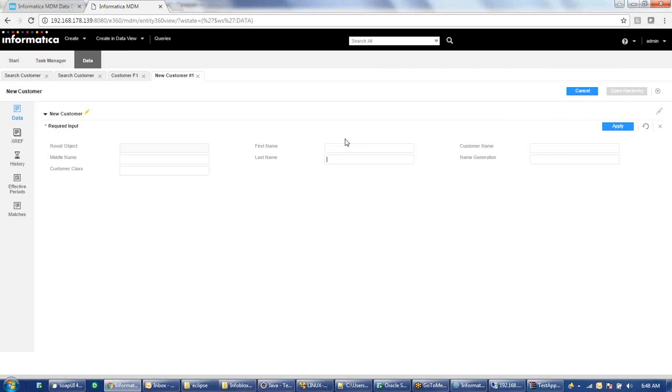So that's one of the user exits that we usually do when we are allowing the data stewards to edit a record from the IDD, because they don't know what the primary key used is. I can use a single column, or I might have used multiple columns. So I need to make those columns read only, so that in case the user tries to modify the record, IDD should not go and create a new record. It should just update the same record.